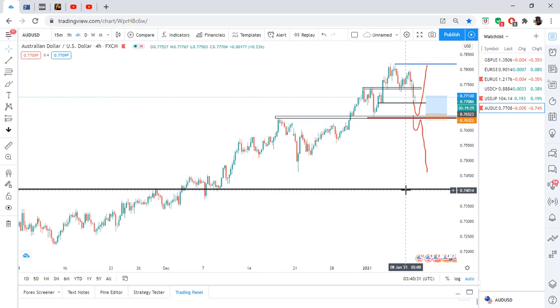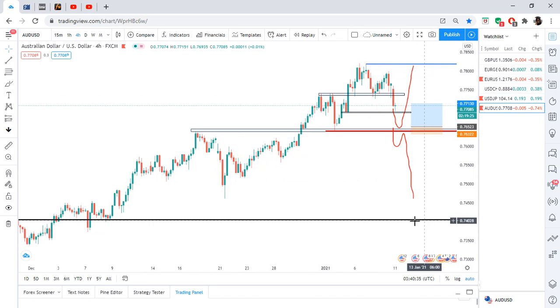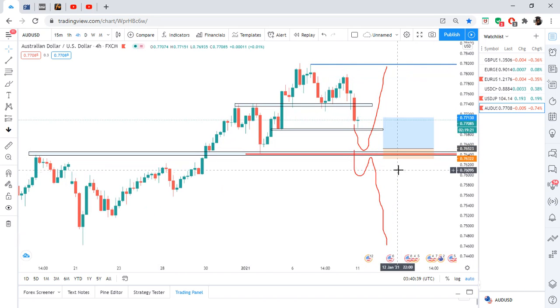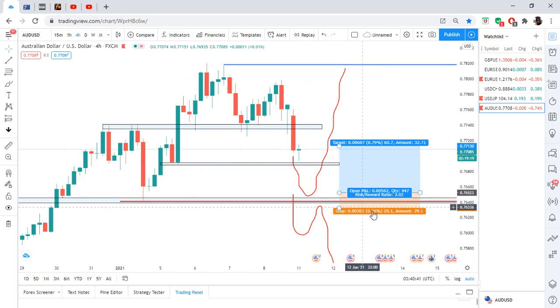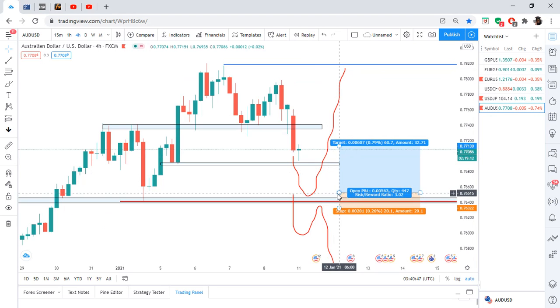Like I said, a strong dollar, which it will come here, and I'll be waiting here to take my trades to the downside. If I had to take it to the upside, this is where I would have entered. Obviously you wait for your reversal candlestick, then you enter, you go there, and if